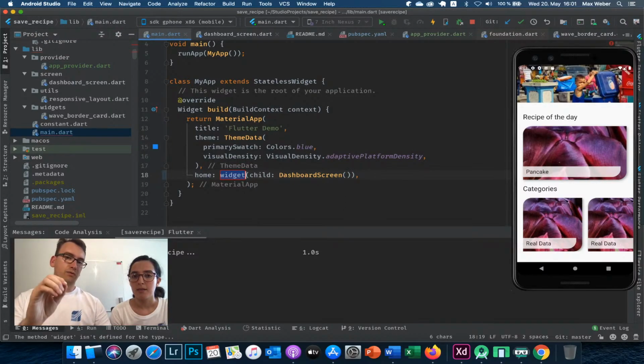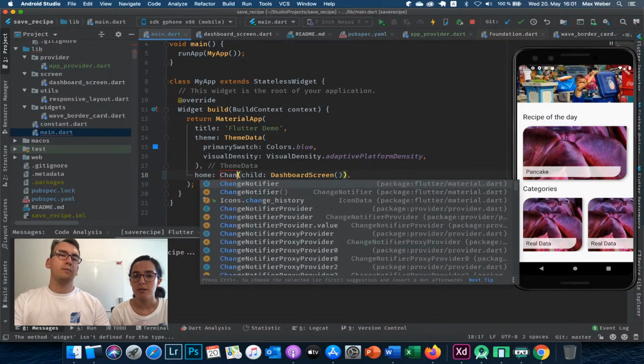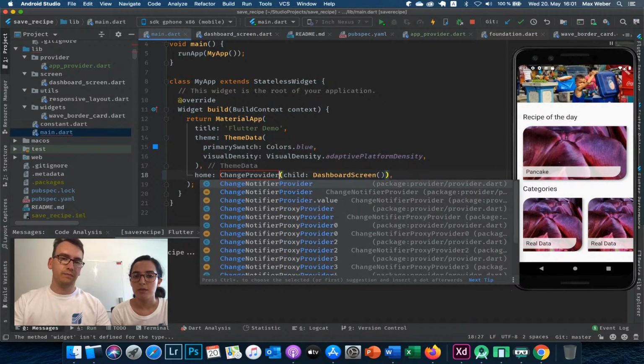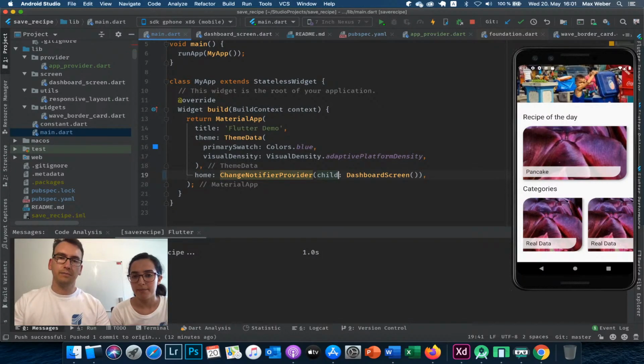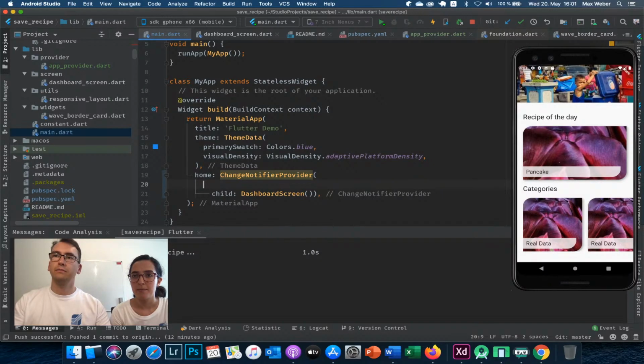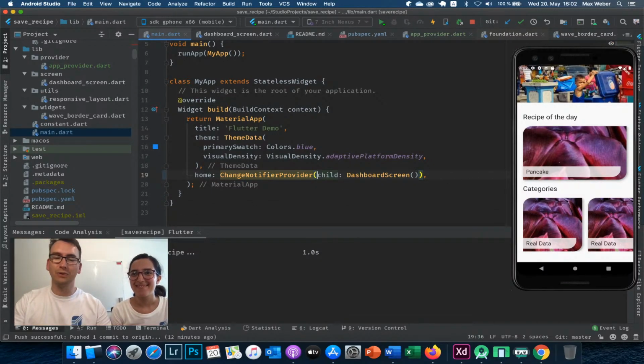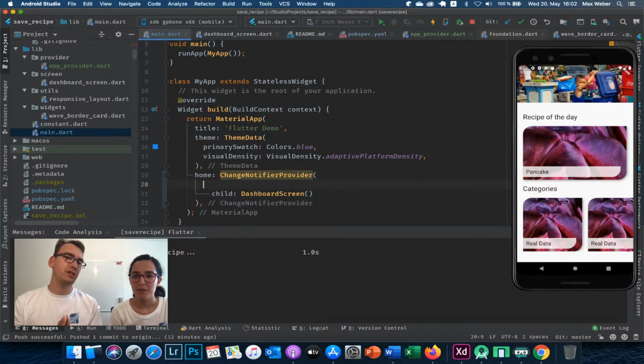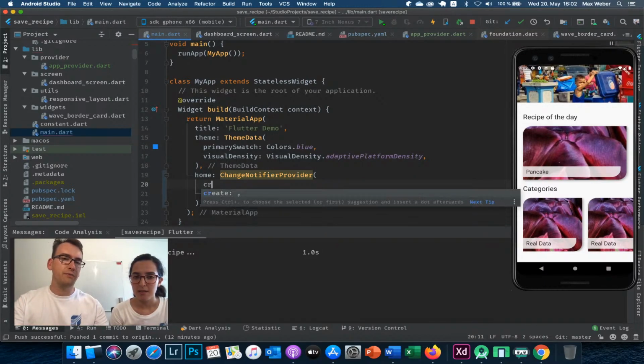So we wrap our dashboard screen, as I said, with a provider, and we change provider. Change and type. Exactly. Provider is so good, really, I love it. And good, now we have the change notifier provider. And I said already we want to register it, right? Yes. Cool. So to register it, there is a parameter that we have to pass